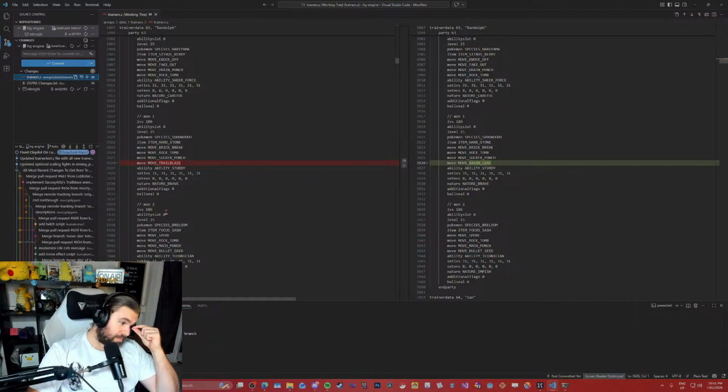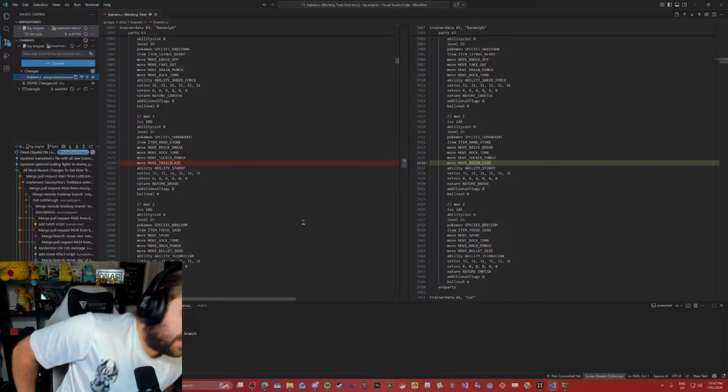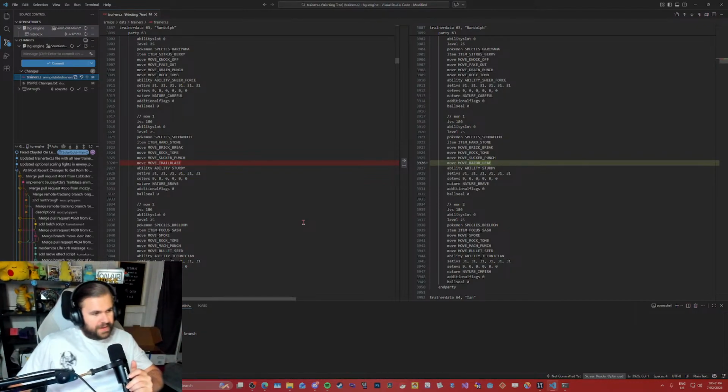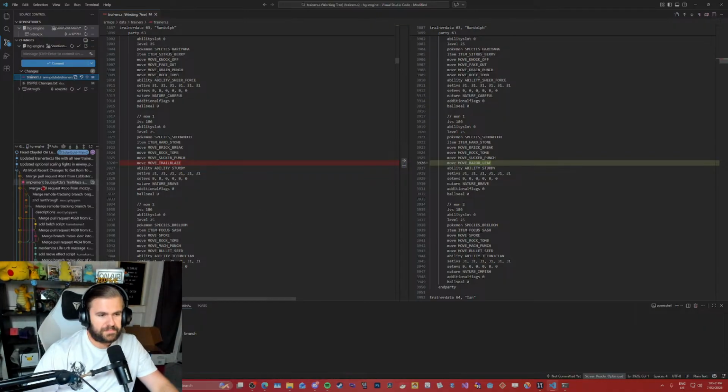Yeah, it does that. It just doesn't prompt you. So what you're telling me is that's an old thing from the program I used to use. Visual Studio 2022 would prompt you: do you want to stash the changes you've made in the AI branch before coming to the Solid Gold Main 2 branch, or do you want to bring the changes with you? So you're telling me it just automatically brings the changes with you. Have you tried rebasing instead of merging? No, I don't even know what rebasing is, my guy. Remember, I'm a noob when it comes to all this Git stuff. I've learned one way and that's it.